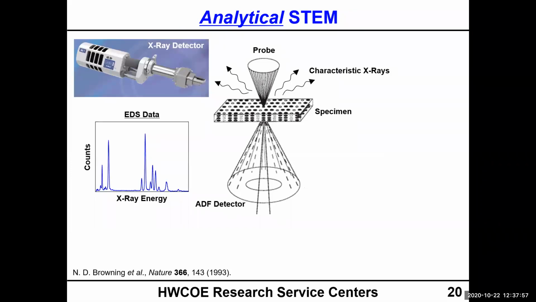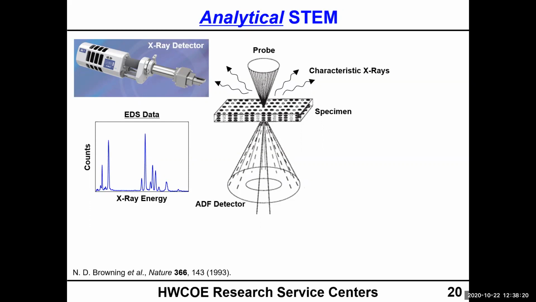The first one is called EDS, which I'm sure many of you are familiar with, where we strike the sample, generate characteristic X-rays, and those are detected. We can measure the X-ray energy, and we end up with an EDS spectrum like what you're seeing here, with counts versus X-ray energy,